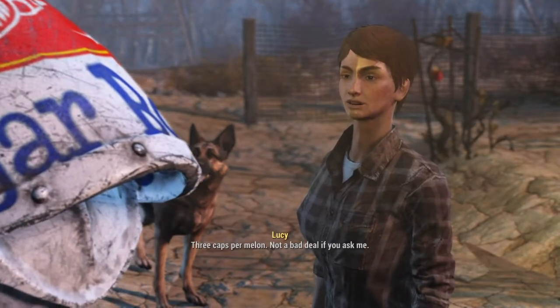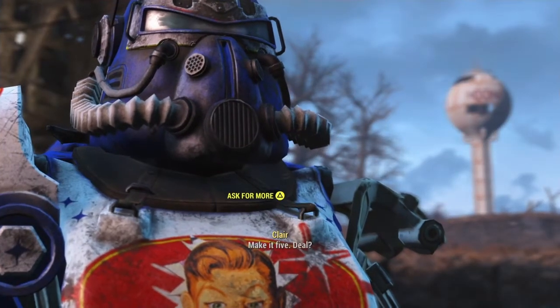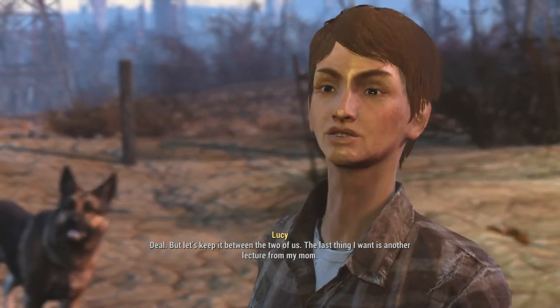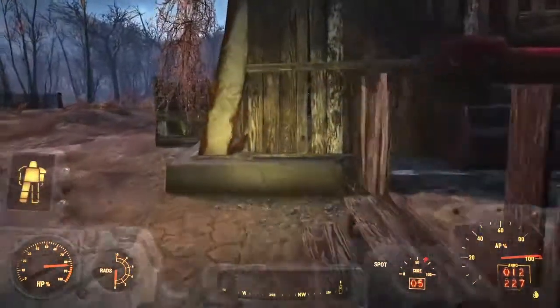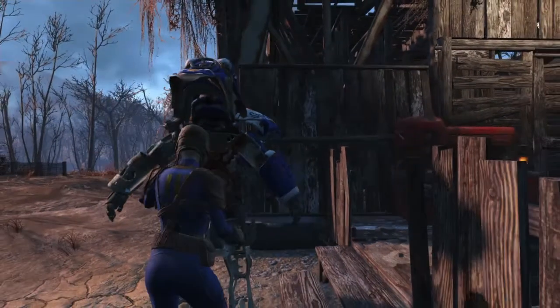Not a bad deal. For those who get the DLC, this is a really good place to make a food processor, because you can make the foods that you find all around the Commonwealth, but they're free of rads. And all you really need is something for power, food processor, and